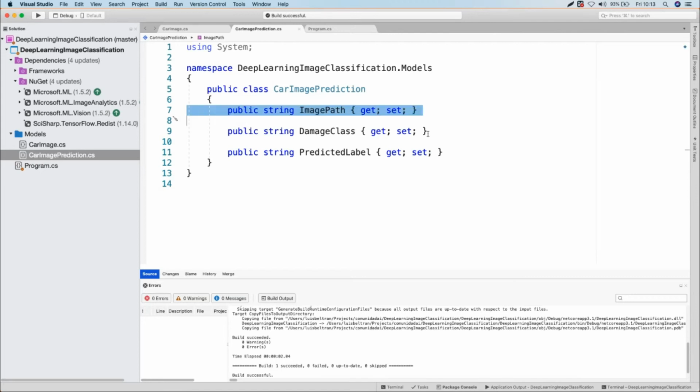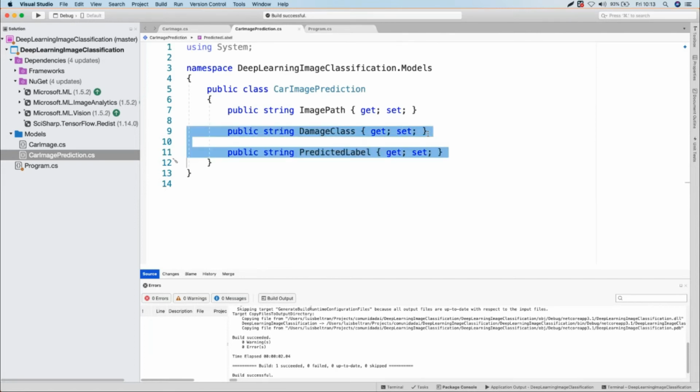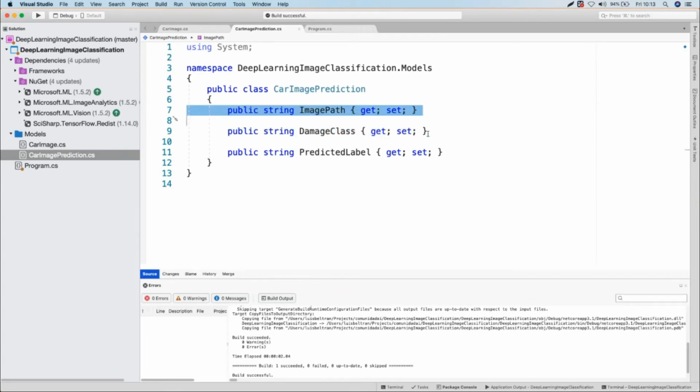This is the image path for newer data, the actual damage class, and the predicted label. Of course, this second column will be compared to the predicted label of our model, and we can see if these 2 match, it means that it is correct. This is used for validation, as I said. Later, when we have newer data, this will be empty. We will just submit the image path, and we will get the predicted label.